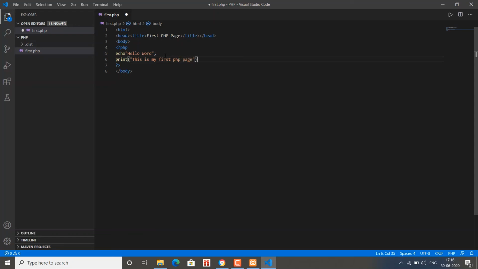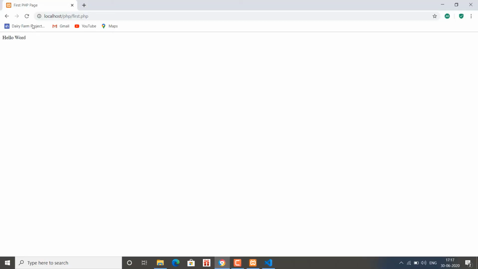Then put the statement terminator, save this file again using Ctrl S, open your browser again, and refresh it. You will see hello world, this is my first PHP page.